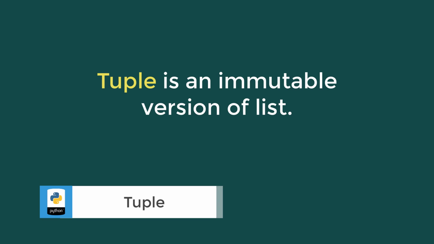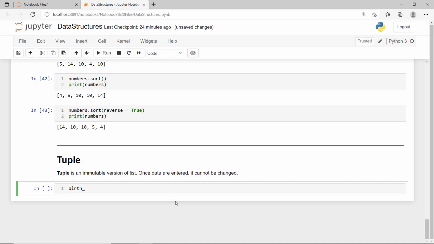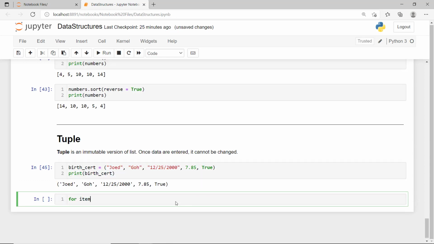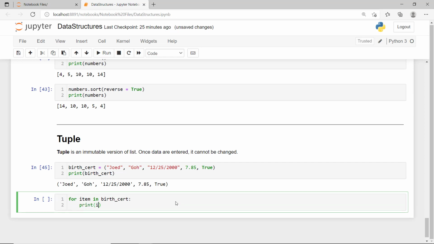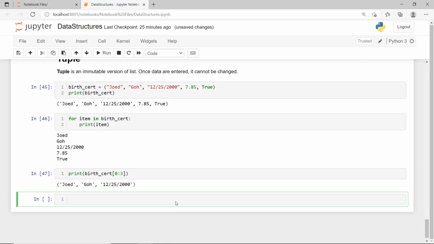Next is tuple. Tuples are the same as list, with an exception that once data are entered into the tuple, it cannot be changed. Think of tuple as an immutable version of list. You can create a tuple using parentheses instead of a square bracket. You can also iterate, access elements, and do the same indexing and slicing tricks,